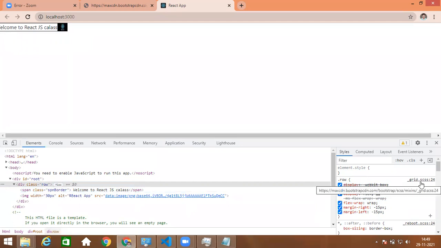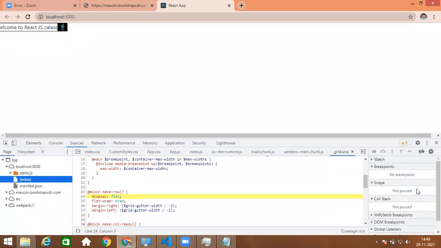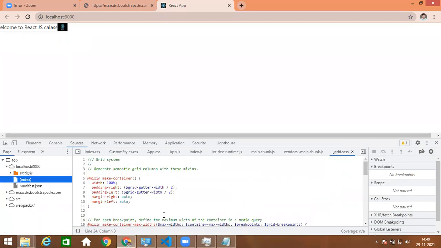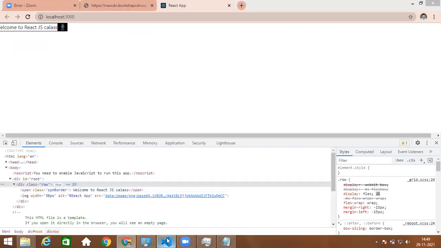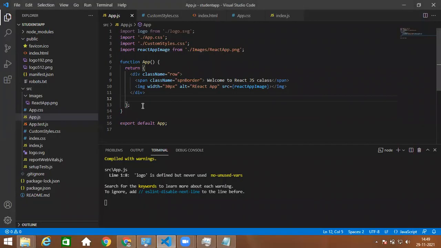When you mouse over this, it will show the CDN path, bootstrap CDN, right? So that means we are able to include the Bootstrap class names and use them in our application. This row is the Bootstrap class we are able to use. So now we are good, we can use Bootstrap classes in our application.